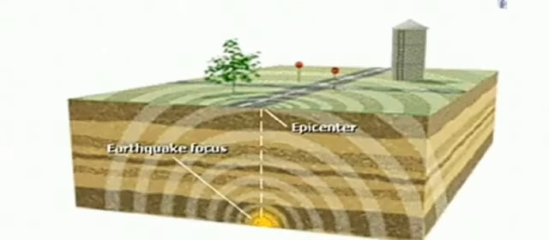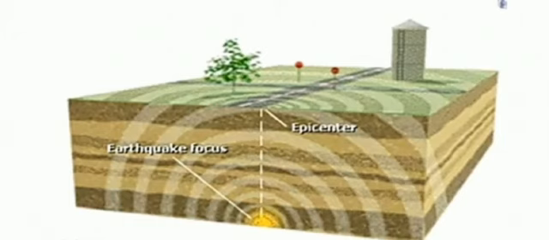Where this movement starts, that is from inside the earth, that area is called the focus. From the focus, the movement travels to the place which is on the surface of the earth. That place is called the epicenter. From the epicenter, the movement travels all around. This is what we call an earthquake. Greatest damage occurs to the place closest to the epicenter, and the strength of the earthquake decreases away from the